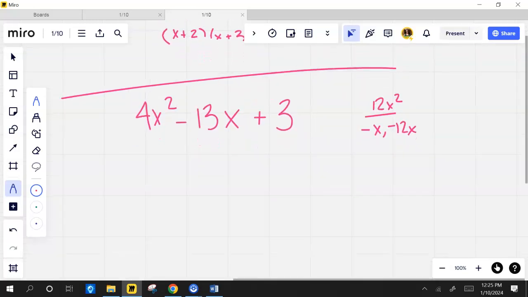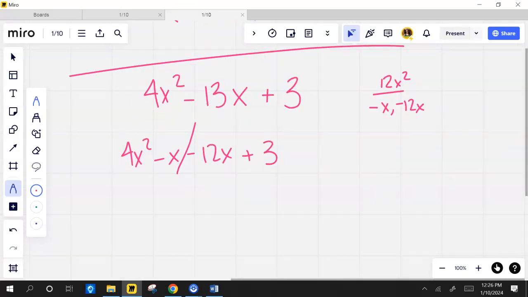All right, so instead of writing negative 13, I'm going to write negative x and negative 12x. Thank you, Logan. So now I slash. Are y'all following with me? Now I GCF it. So I look at the first two and I say, what